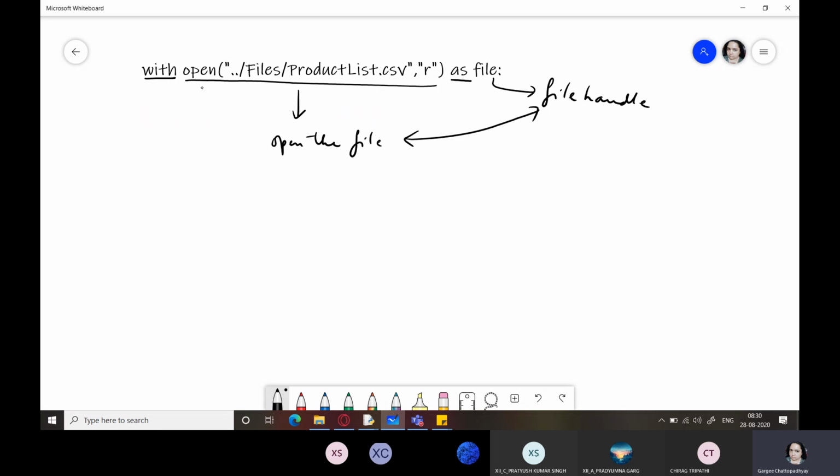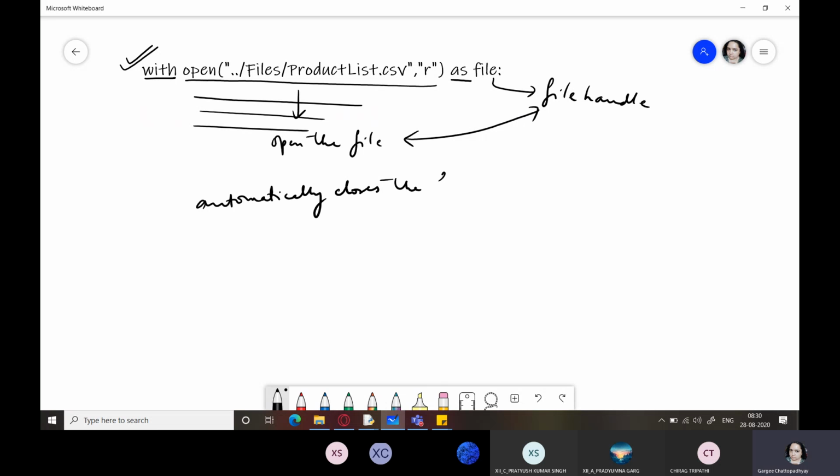The advantage of using this is it not only opens the file, but after all the statements have been executed, it automatically closes the file.